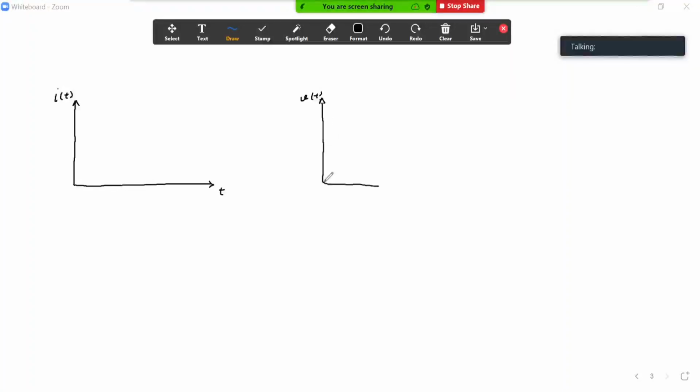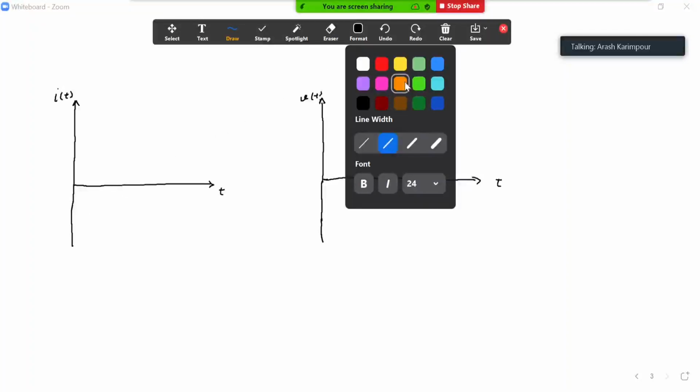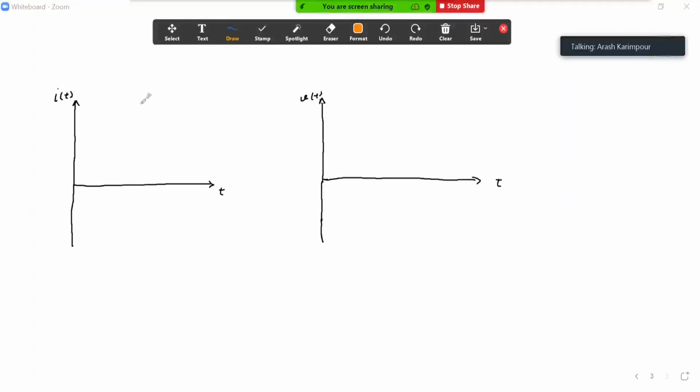See how they behave. For the current, as we know, when the key is still closed and there is a current going through,